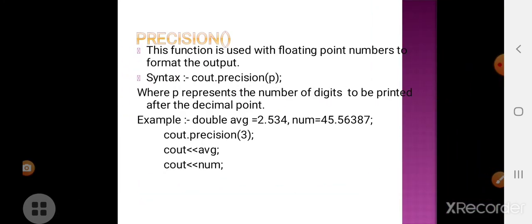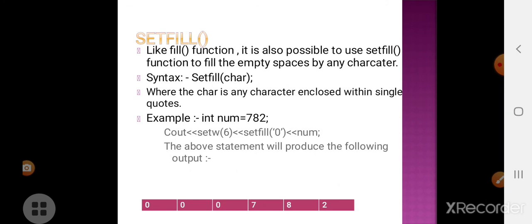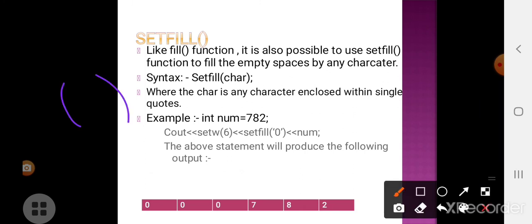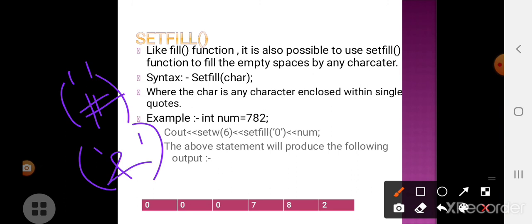So next is setfill. Setfill means we have to mention what characters have to be filled in those empty spaces. The fill function is used to specify any character. Asterisk can be filled, it can be filled with any special character, it can be filled with an exclamation mark like this.